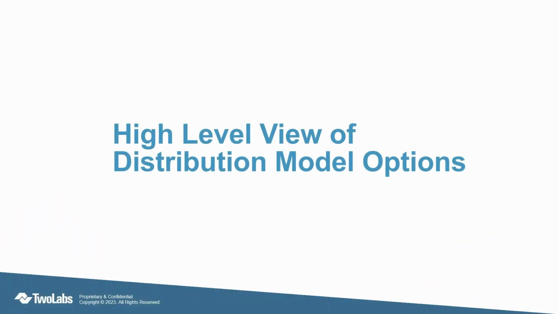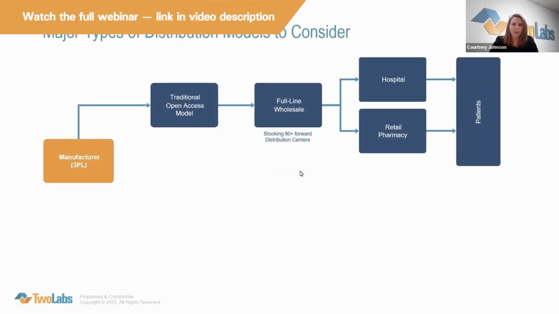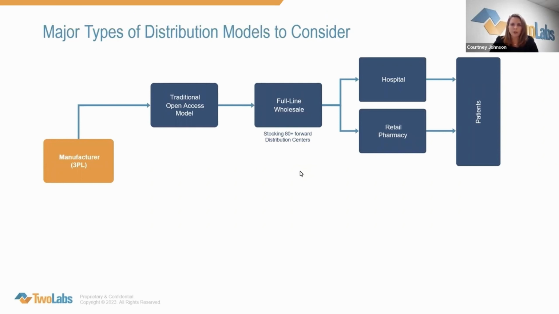But we just wanted to sort of give a lay of the land of what a high-level distribution model option would look like. So first here, in what we call the traditional or open access model, this is where the manufacturer or their 3PL are going to ship products to what we call the full-line wholesalers. A lot of times they're considered the big three, big four, and in this case, they have each about 30